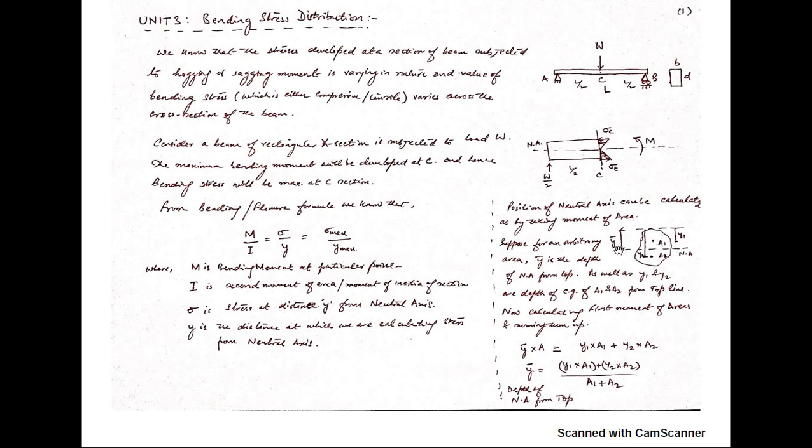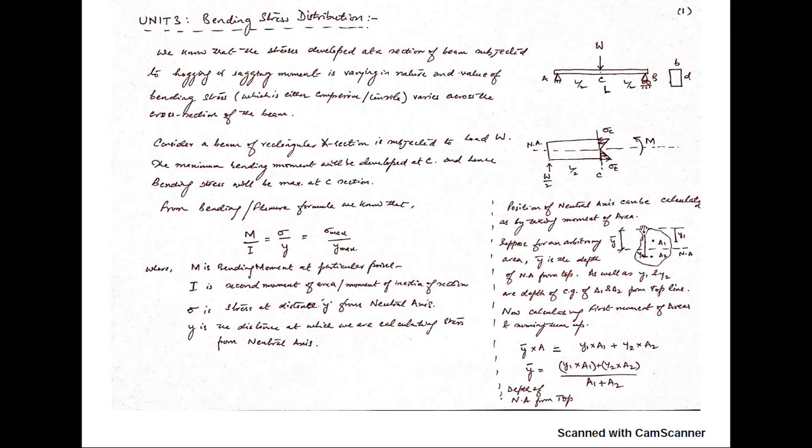So what I have done is I have assumed that there is a neutral axis lying y bar distance from this top point, and the total area is A, and these are smaller areas A1 and A2. And y1 and y2 are the distances from this particular line, from the top, y1 up to the CG of this A1 area, and y2 is the distance from the top to the CG of the A2 area.